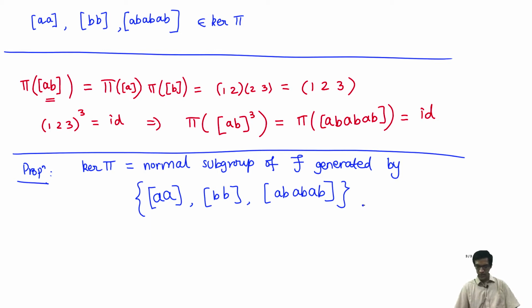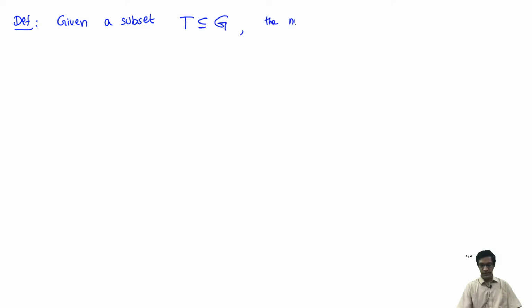Okay, so what does the terminology "normal subgroup generated by something" mean? That just means you take the smallest normal subgroup of the ambient group which contains the given subset. So this is just sort of the obvious definition. Definition: given a subset T of a group G, the normal subgroup generated by T